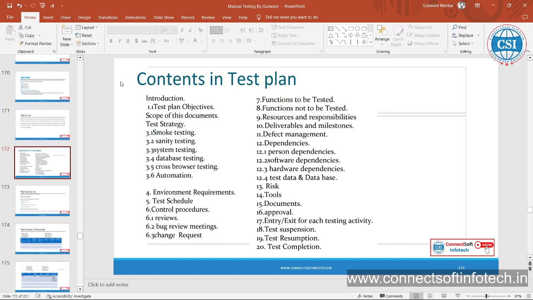So this is what contains in the test plan. So this is what documentation: a Microsoft doc, an MS Office document, with a list of chapters. So: introduction, test plan objective, scope of the documentation, testing strategy, smoke testing, sanity testing, system testing, database